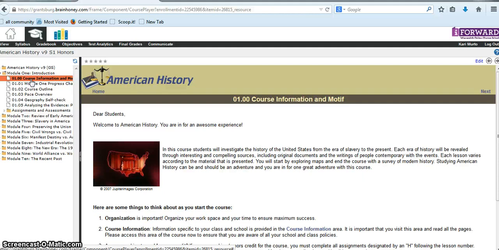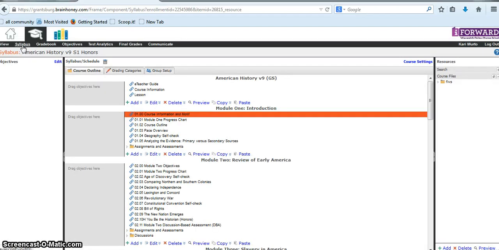Now, adding something in is the same process. So let's go under syllabus again. That's where you would add something in just like we just did the editing. And let's say that I wanted to add in maybe a quiz. Lots of times at the beginning of the quarter, usually our principal, Mr. Beasley, likes us to have one assignment that students are really successful on right at the beginning of the quarter. So usually what I will do is I will create a little quiz that's basically just asking students about themselves, and it's an easy A, but that is one thing where I might want to add in a quiz or